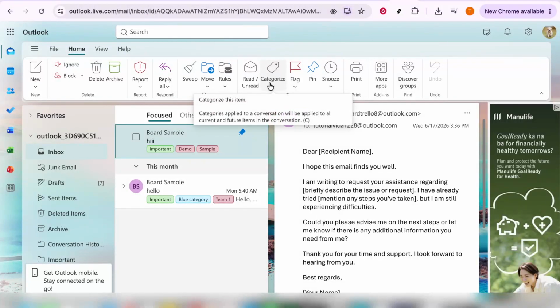In today's video, I'm going to teach you how to change email view in Outlook. If your Outlook inbox doesn't look the way you want it to, don't worry. Outlook gives you several layout and display options, and you can adjust them in just a few clicks. Changing the email view can make your inbox feel cleaner, easier to navigate, and better suited to the way you